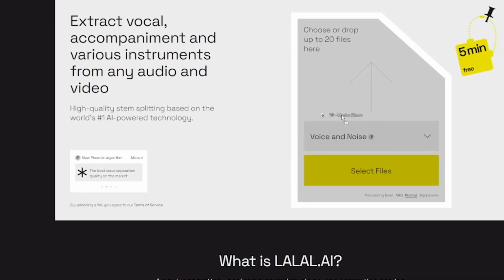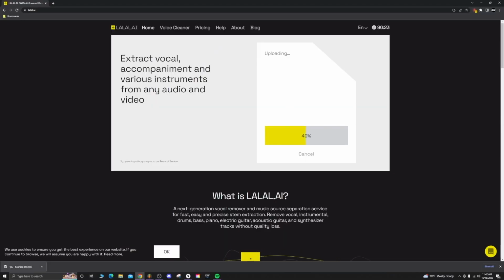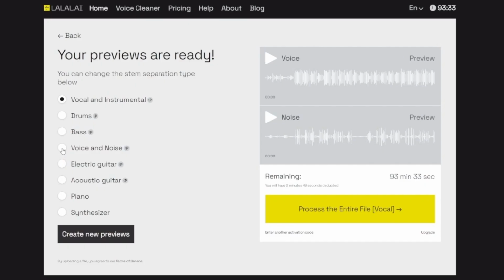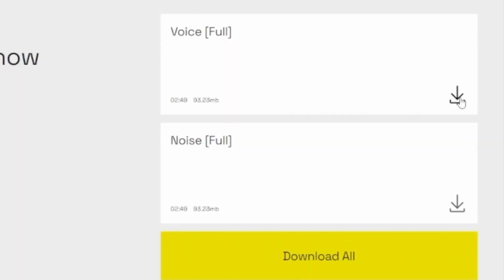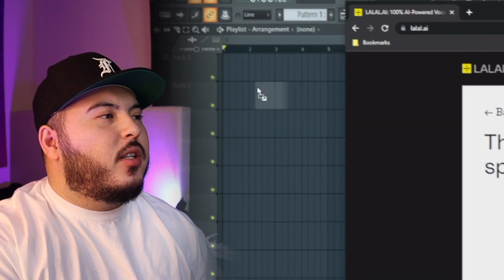So to get the vocals from the song, I'm gonna go to LALAL.AI and process the song there so it can extract the vocals. And boom, it's just that easy. Now all I gotta do is download it and drop it into the project like this. For the video, to avoid any copyright claims, I have to pitch down the vocals and speed it up a little bit, but you can normally just leave it alone. LALAL.AI did an incredible job with the voice and noise filter because these vocals are clean.